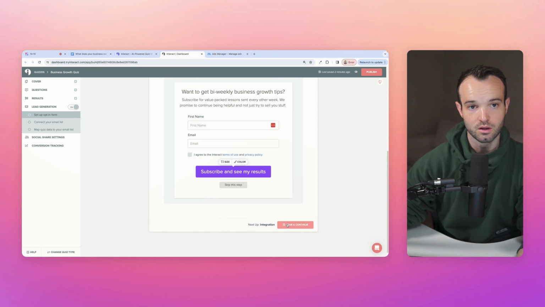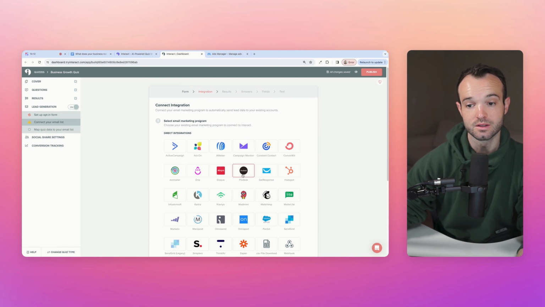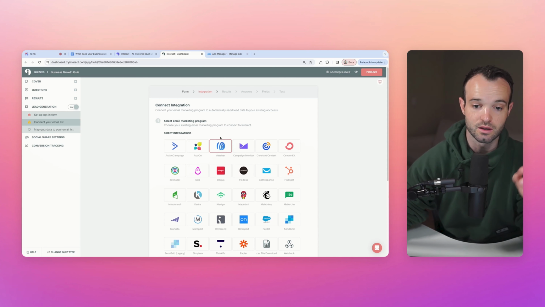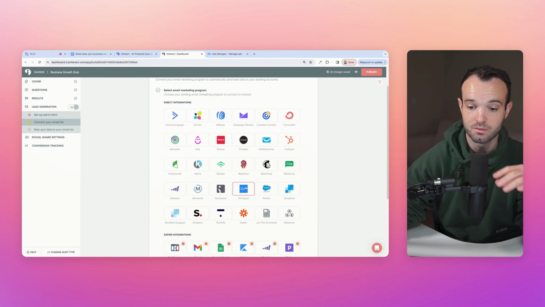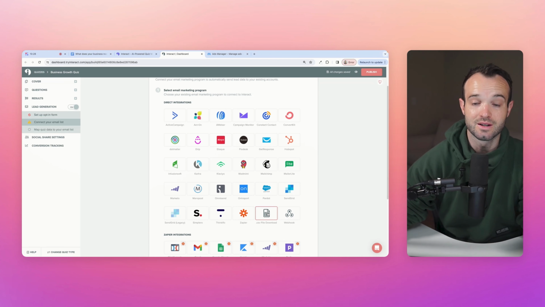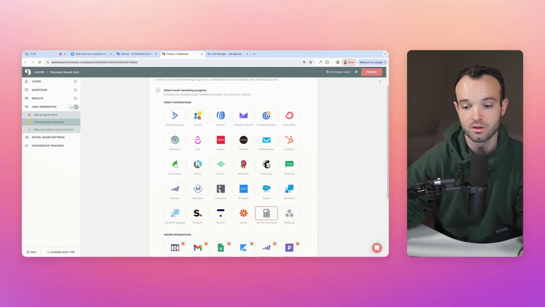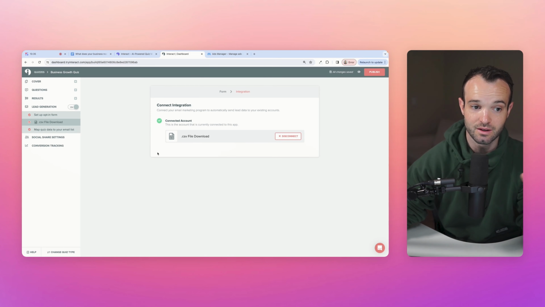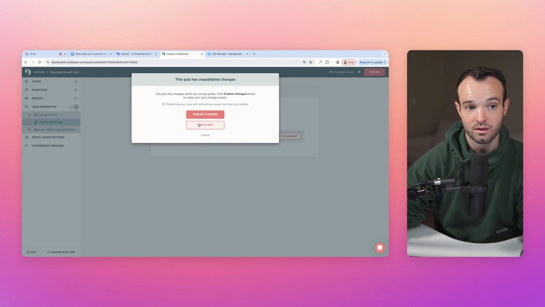Now what I'm going to do here is a little trick. We have all these direct integrations. You can segment based on which outcome somebody gets and how they answer questions. But because I'm just running this as a test and I don't want to waste my time setting up a bunch of stuff unless this is going to work, I'm first going to see if it starts getting leads. And if it does, then I'm going to integrate and do all that good stuff. So I'm going to do a CSV file download, which just lets me bypass all that stuff. And sure, I'll have to do a manual upload later, but look, we're literally done